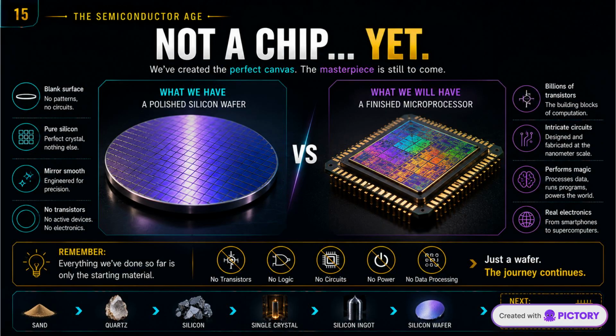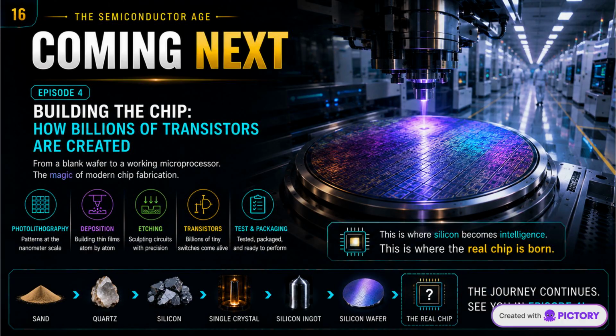We've reached an important milestone, but the journey isn't over. This polished wafer still contains no transistors, no circuits, and no computing power. It is simply the perfect starting material. The real magic happens when engineers begin building billions of microscopic transistors onto its surface, layer by layer. In the next episode, we'll step inside the semiconductor fabrication facility. We'll discover how light, chemistry, and nanometer-scale engineering transform a blank silicon wafer into a modern microprocessor containing billions of